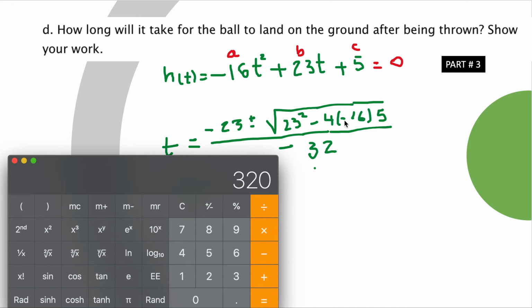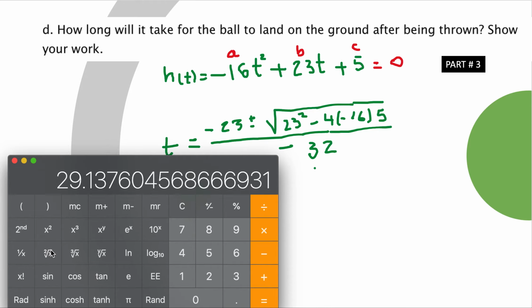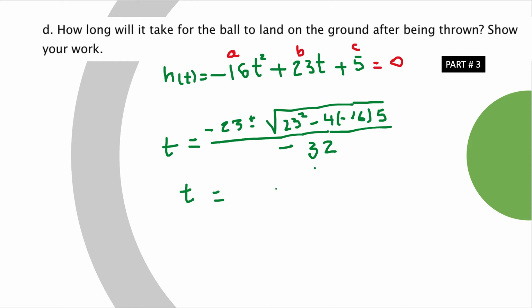So I have to remember this 320 is added to 23 squared. It's not hard. 23 squared plus 320 is equal to 849. If I take the square root, because everything is under the square root, it is 29.14. So t is equal to minus 23